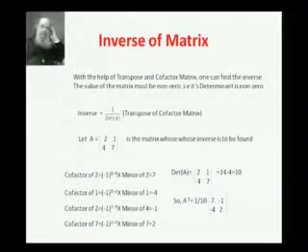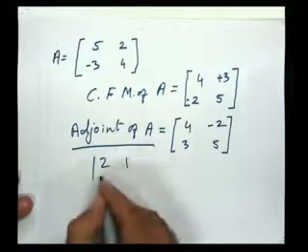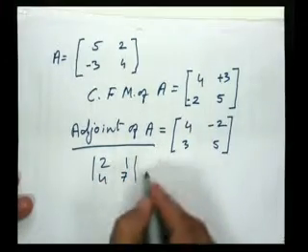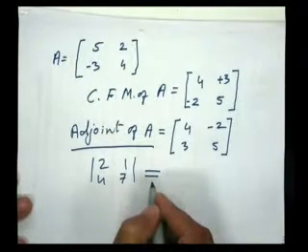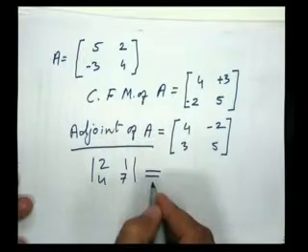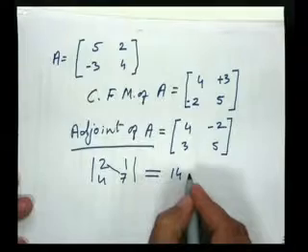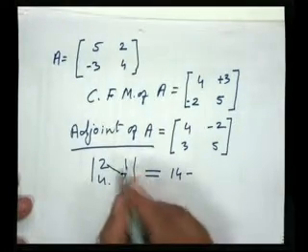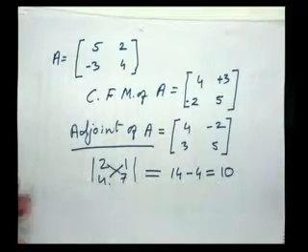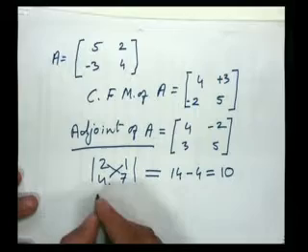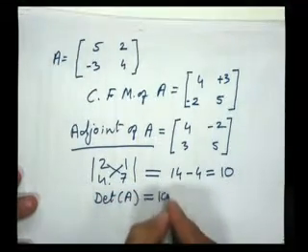So look at the paper. Suppose this is 2 1 4 7. I hope that you know how to find the value of a 2 by 2 determinant and a 3 by 3 determinant. So this is 2 into 7, 14, minus 4 into 1, that is 4. So the value is 10. So we can say that the value of this determinant A is equal to 10. Okay.